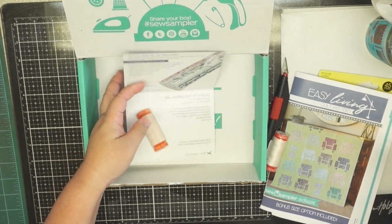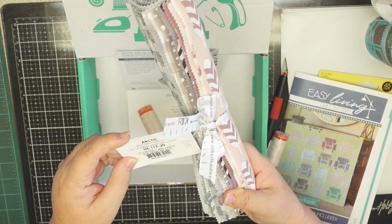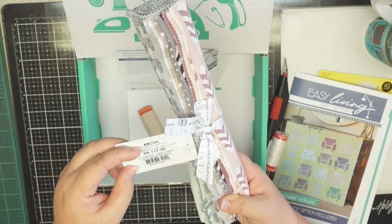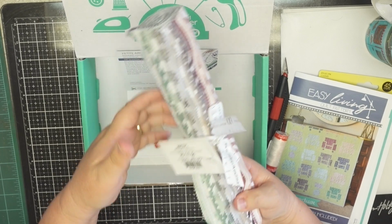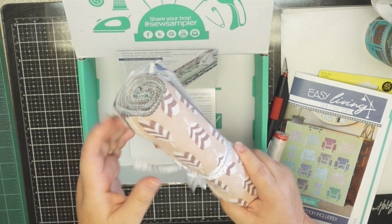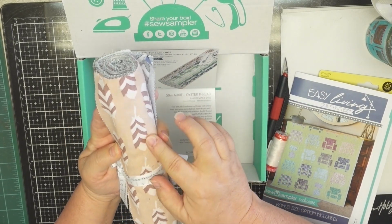So this one, let's get it. I didn't even show you. It's from Elizabeth Hartman, 20 pieces, and it's Fat Quarters. No, it's not. It's a Fat Quarters shop exclusive. So anyway, we get 20 pieces, and there's feather,